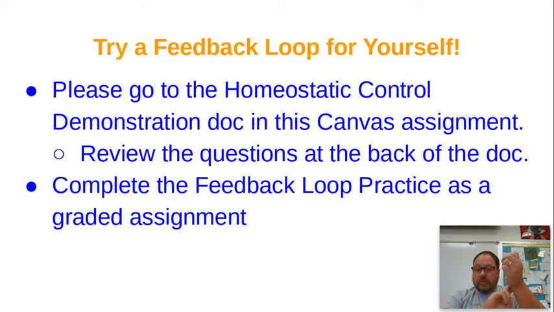So either way, whether it's your radial pulse or your carotid pulse, find your heartbeat, and then you'll record that for 15 seconds, how many beats in 15 seconds, and then multiply that number by 4 to get beats per minute. Or you can do it for 30 seconds and multiply it by 2 to get beats per minute. You could do it for 10 seconds, multiply by 6, whatever. Just get your heart rate in beats per minute, and that serves as your baseline.